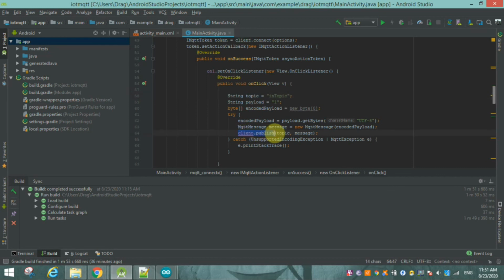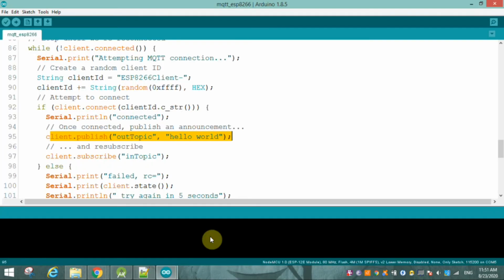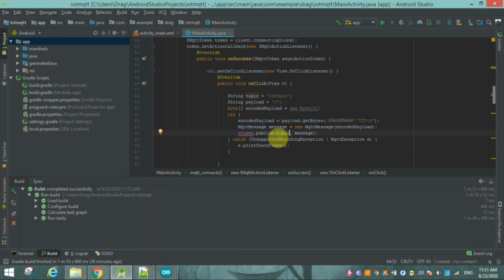Over here you will find client.publish, message, client.publish topic is this inTopic, that is publishing, and your Arduino will subscribe to it. You will find this subscription to inTopic, meaning you are sending some data from your Android to your NodeMCU, and it is subscribing to that data over there on this inTopic.